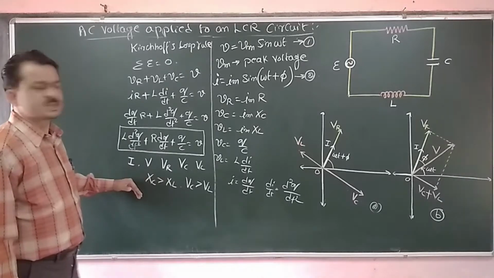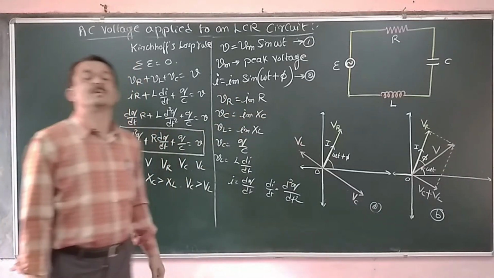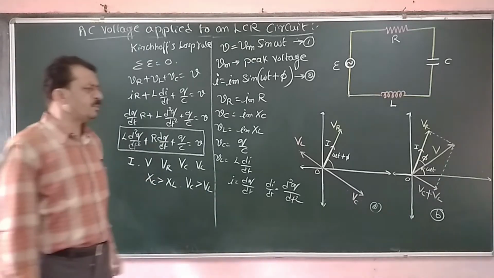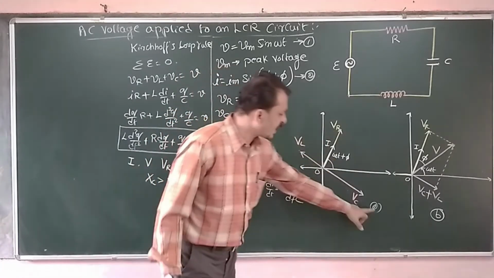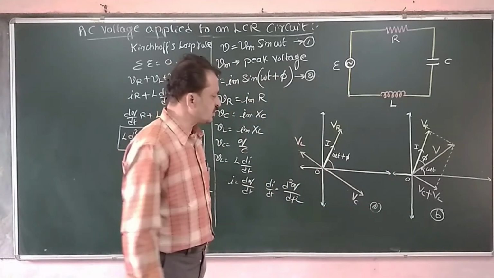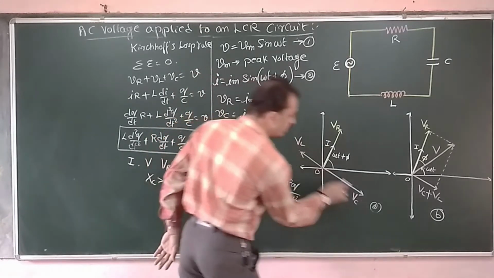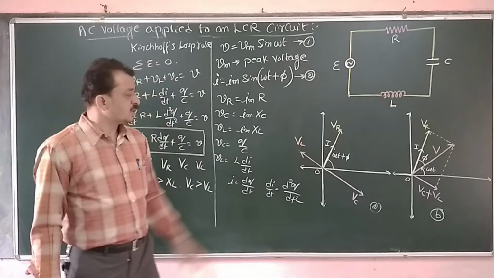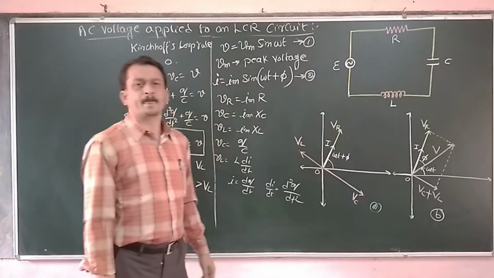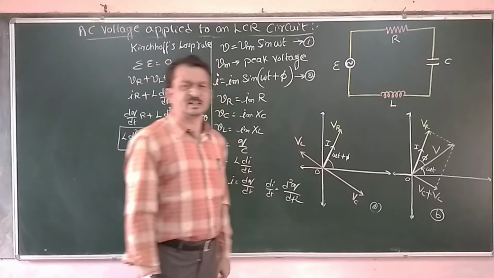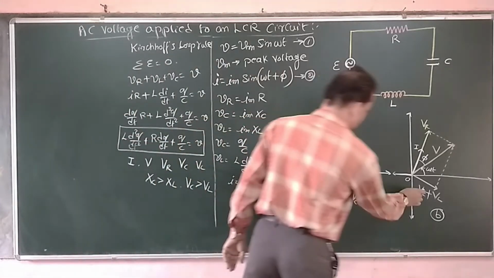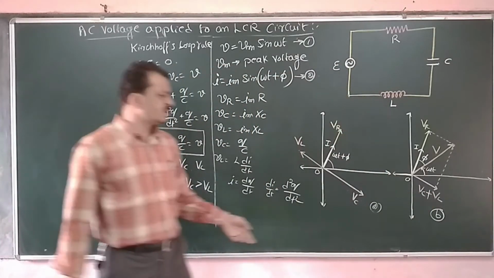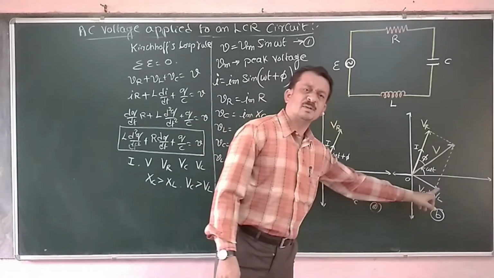Now with these notations, we are going to obtain the expression for the peak value of current and the impedance. We are introducing a new concept, impedance, here. Now with this diagram, with this phasor notation, look here carefully. VC and VL are along the same line. Therefore, their resultant phasor becomes VC plus VL. Since they are represented by a vector quantity, their sum is represented by VC plus VL.